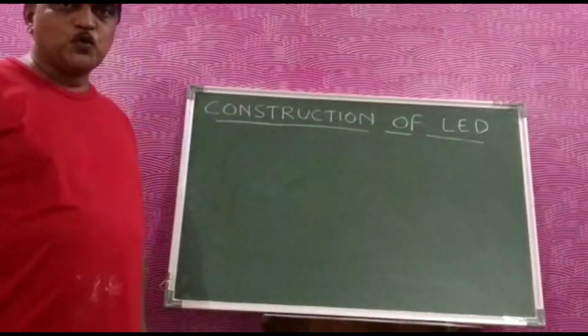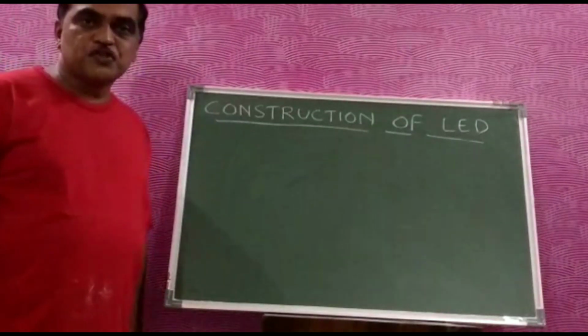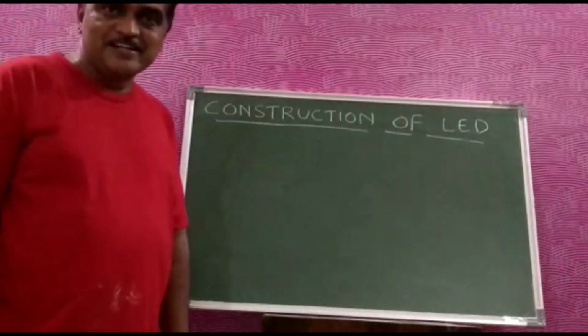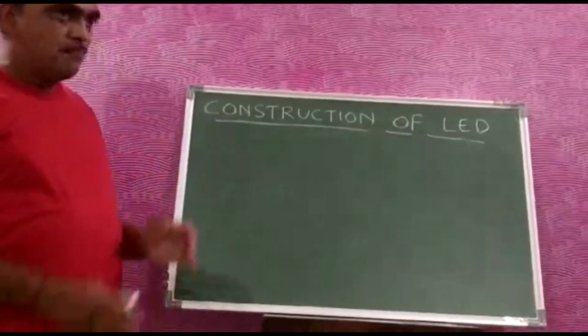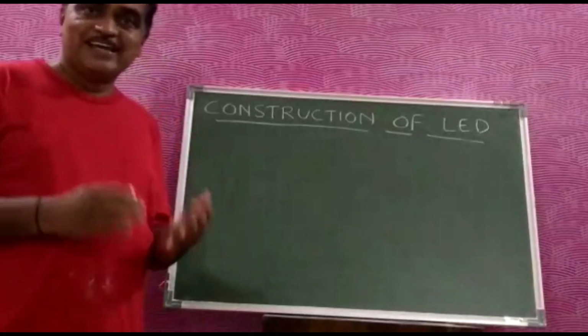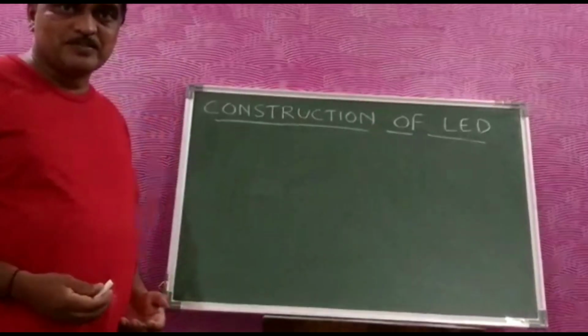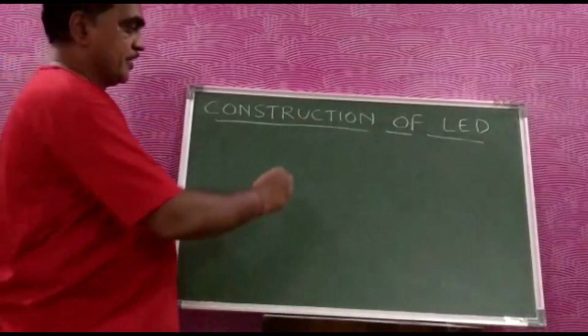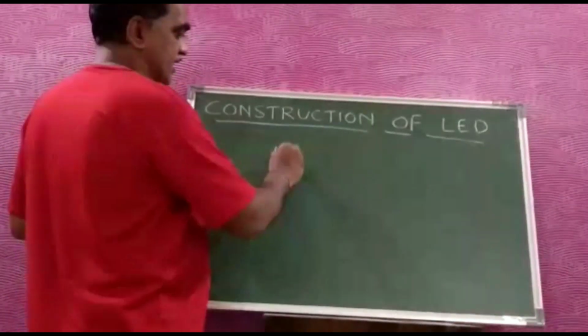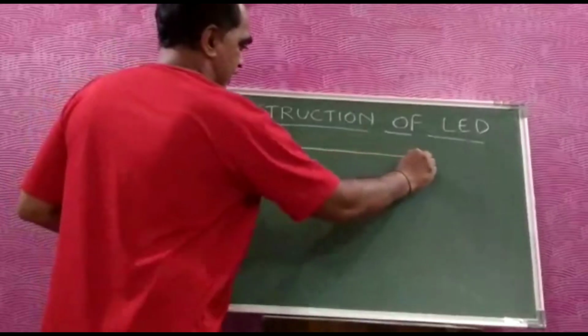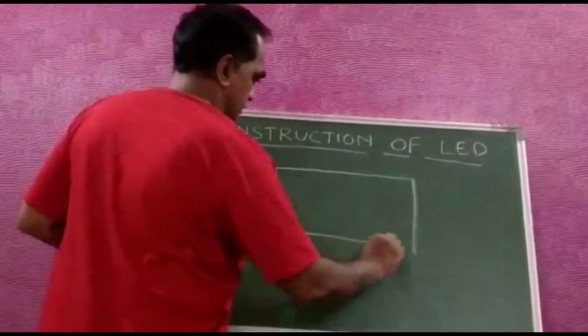Dear students, today we will see the construction of LED, that is light emitting diode. Now before we go to see what an LED is, first we will see what a PN junction says to us. So if you see a PN junction, a P-type structure and an N-type structure,